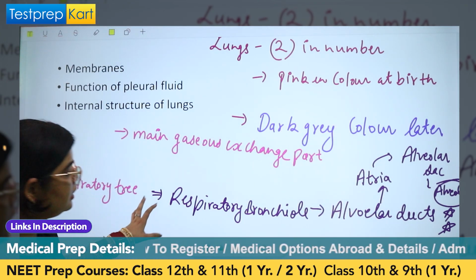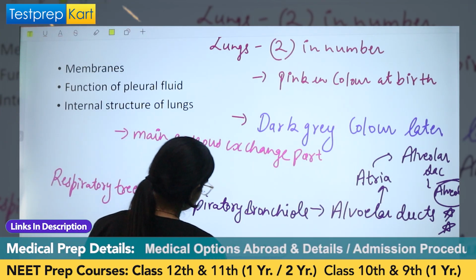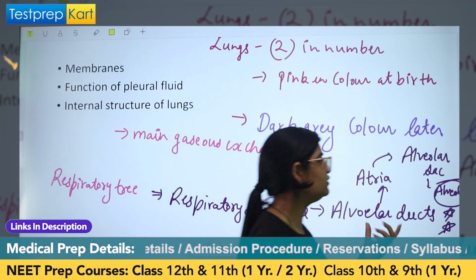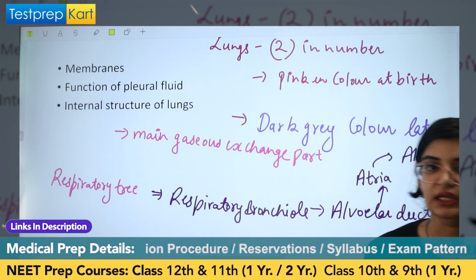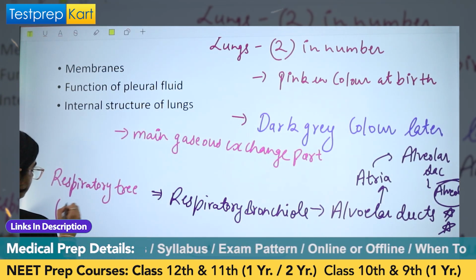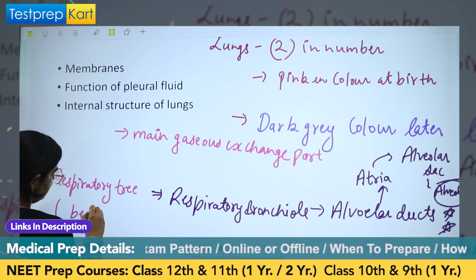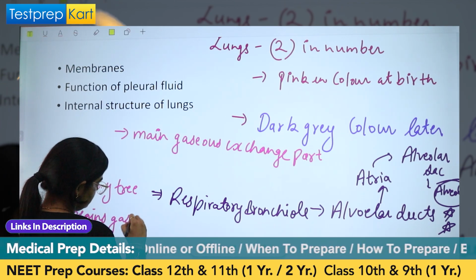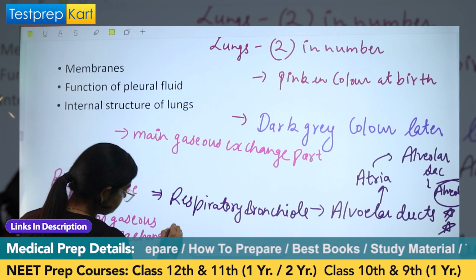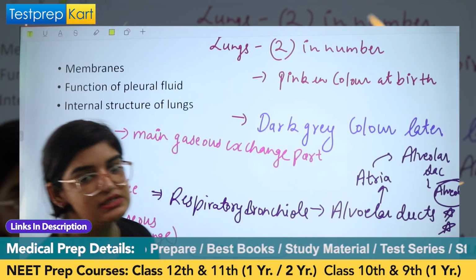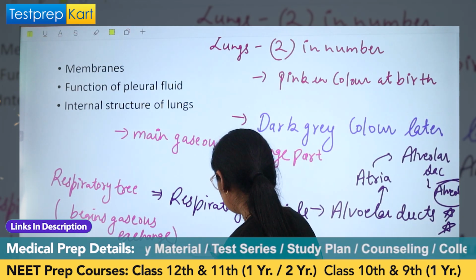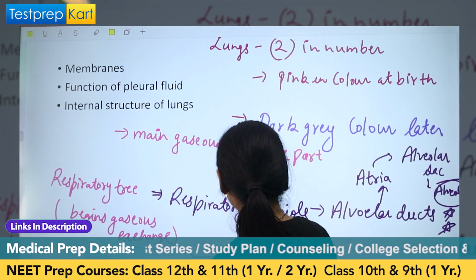So this respiratory tree is basically the site where gaseous exchange will start to take place. And these respiratory bronchioles, alveolar ducts, atria, and alveolar sacs are not lined by any incomplete cartilaginous ring, right? So from the respiratory tree begins the gaseous exchange. Till now we are talking about gaseous exchange. So here is the main site where gaseous exchange will start, right? Now we'll discuss a few